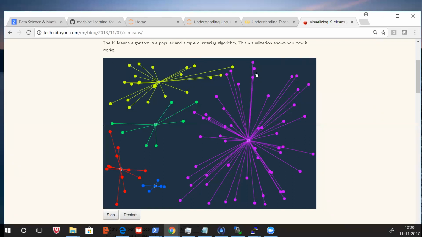Cost of a cluster is the square root of the sum of the squares of the differences between the coordinates of this point and this point, for all the points. That is RMSE, root mean square. Okay, that is the cost of a cluster. Your centroid should be a point from which the cost of a cluster is least.